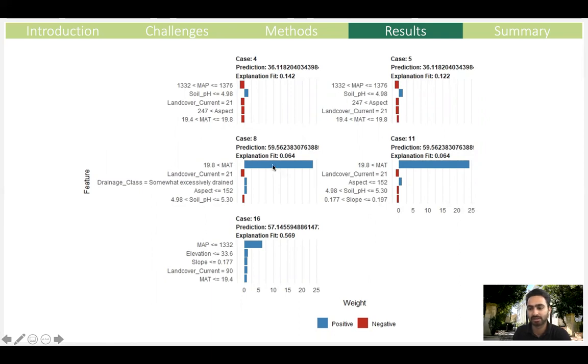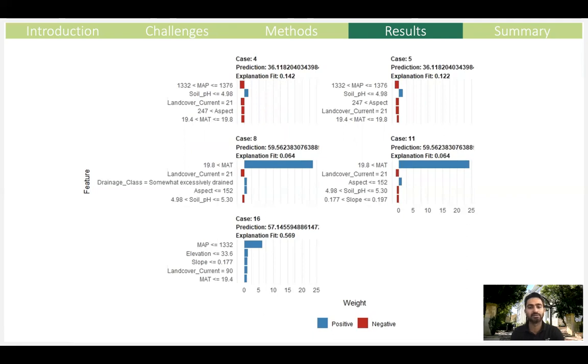But around the predictions of 59, or to round it, 60 tons per hectare, a mean annual temperature greater than 19.8 had a huge positive effect on soil organic carbon. So we're analyzing our model to see what factors affect the soil organic carbon most, and the